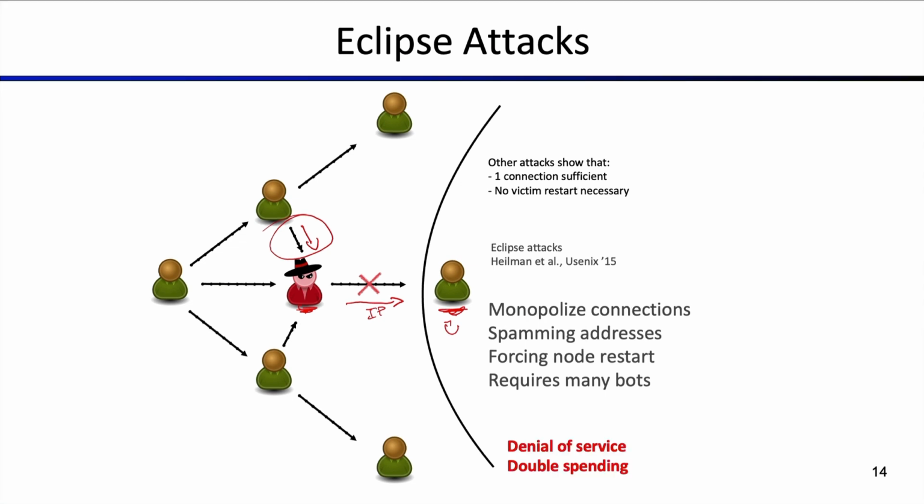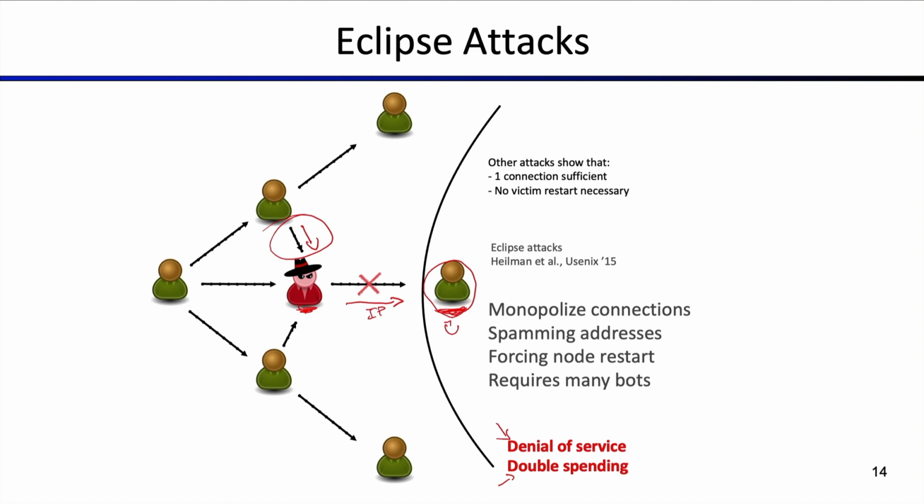So Eclipse attacks in general have dire consequences from a security perspective. One is the danger of denial of service, because this node is no longer receiving transactions from the network, so it cannot process or receive any payments. As such, it's no longer able to service, so that's why it's a DoS. And the other problem is that it allows us to create double spending attacks, where the adversary can trick the victim into accepting a transaction that might be conflicting with another transaction or n other transactions in the network,